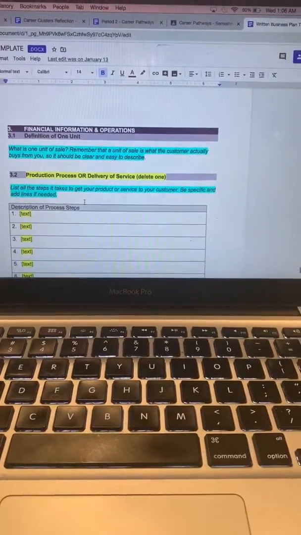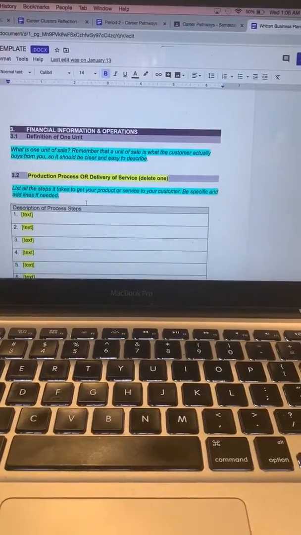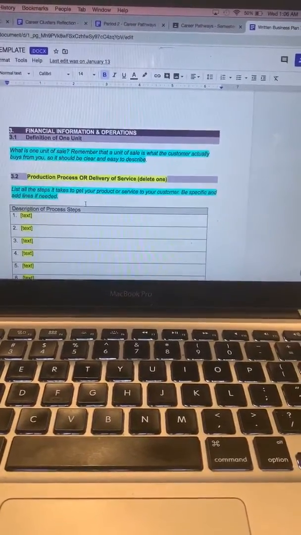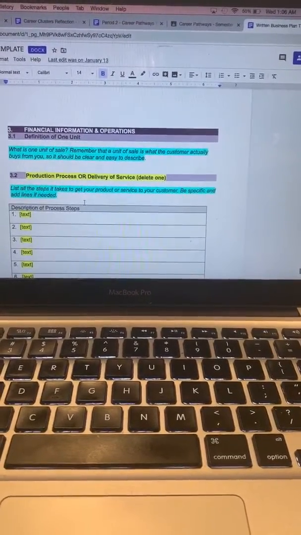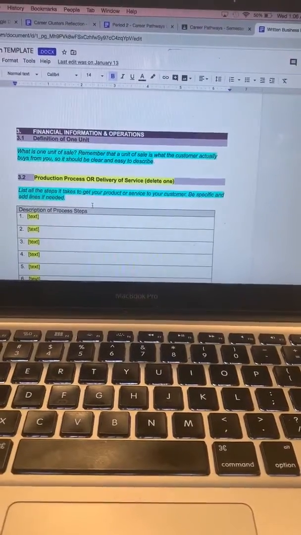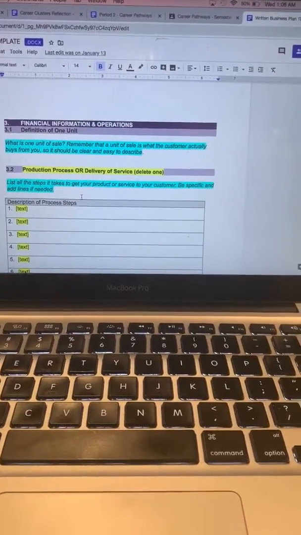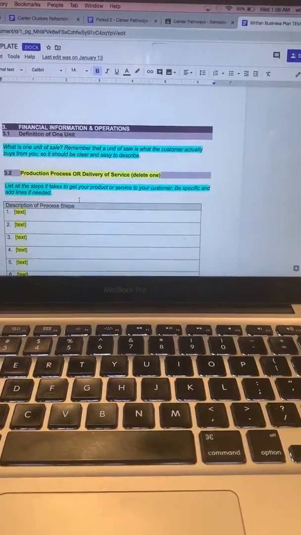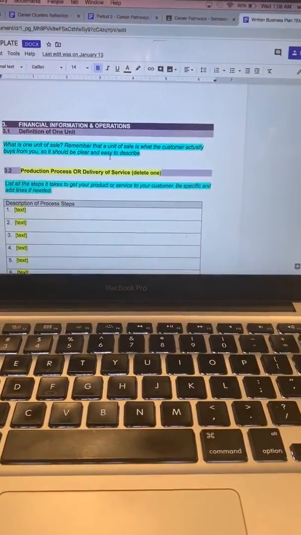How do you define your unit? For those people that are doing an app, it would be one download. If you have in-app purchases, this is where you would also mention that you have in-app purchases available. If you are selling one single item, it would be that one single item. If you're selling a subscription, it would be one subscription of, and you explain the details of what it is